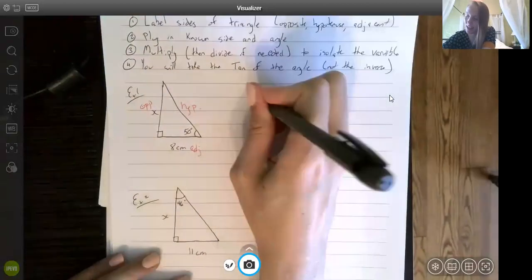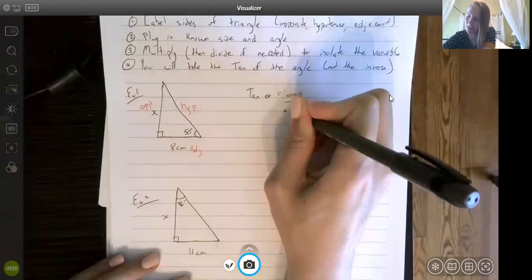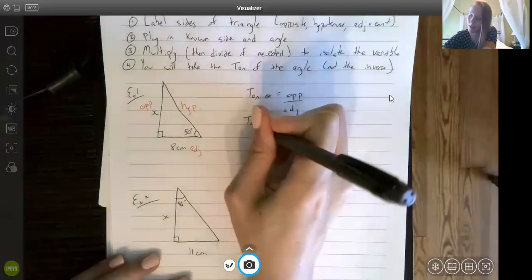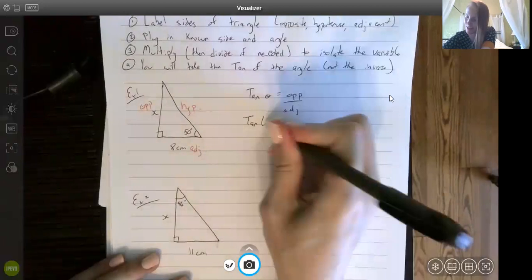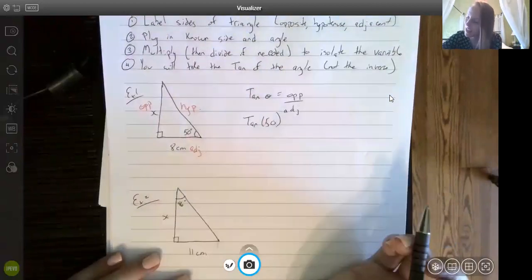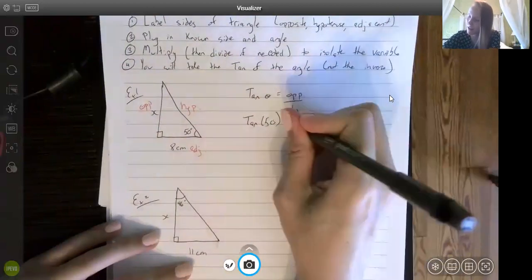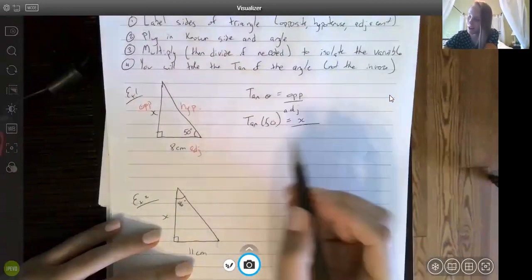So the tan of an angle is equal to the opposite divided by the adjacent side. This time, however, we are going to actually plug in a number where that angle sign is. So it's going to be tan of 50 degrees, since our angle is 50 degrees. Then we're going to plug in x for our opposite, that's what we're looking for,